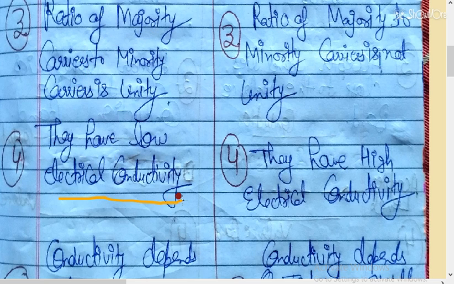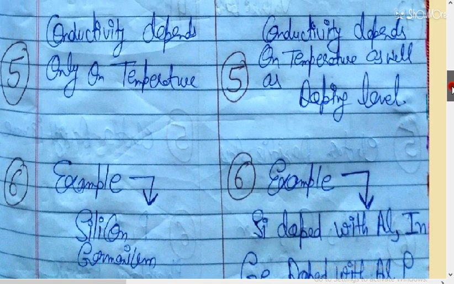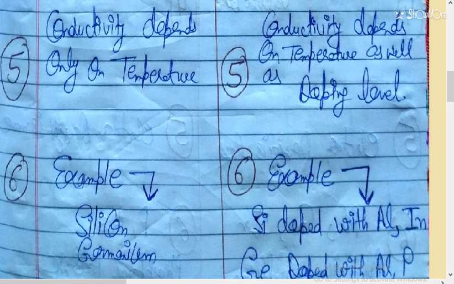Now they have low electrical conductivity because conductivity is only on the breakage of covalent bond. If we break the covalent bond, then intrinsic semiconductor will conduct. These have high conductivity because holes and electrons are there which can move freely. So it has high conductivity, it has low conductivity. So these are the two differences that you have to remember. Now we are left with two differences, so read these differences and note them down also.